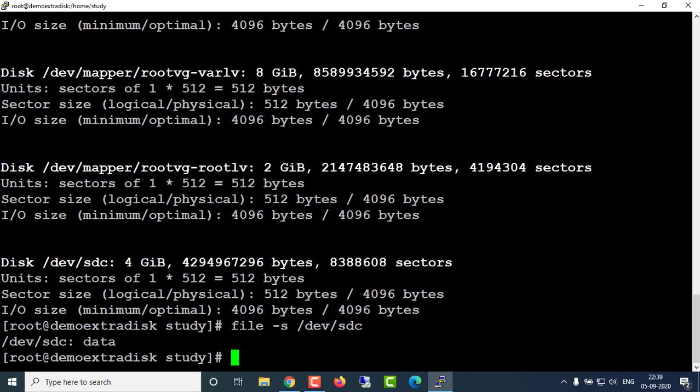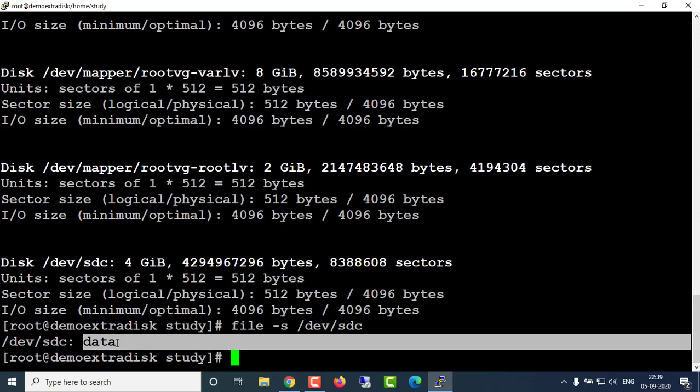Hit enter. You can see that there is data, which means it is a data disk, but we haven't created a file system for it. So we have to create the file system. How would we create the file system for that? We have to run the command mkfs space -t, and after that which format you want to use for this disk.